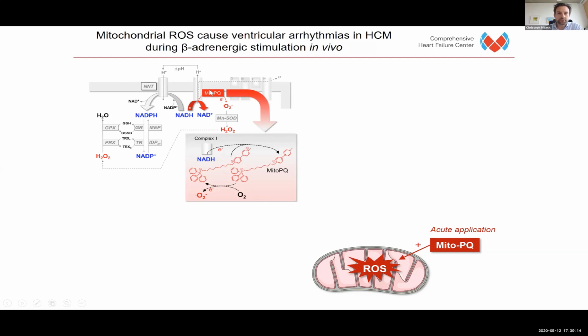Mitoparaquat is a compound that, by coupling to a TPP moiety, which translocates many compounds as a carrier through the inner mitochondrial membrane into mitochondria. Paraquat is a redox cycler, which is able to accept electrons from complex 1, which are derived from NADH. And it can be recycled by the formation of superoxide anion radicals, which then need to be